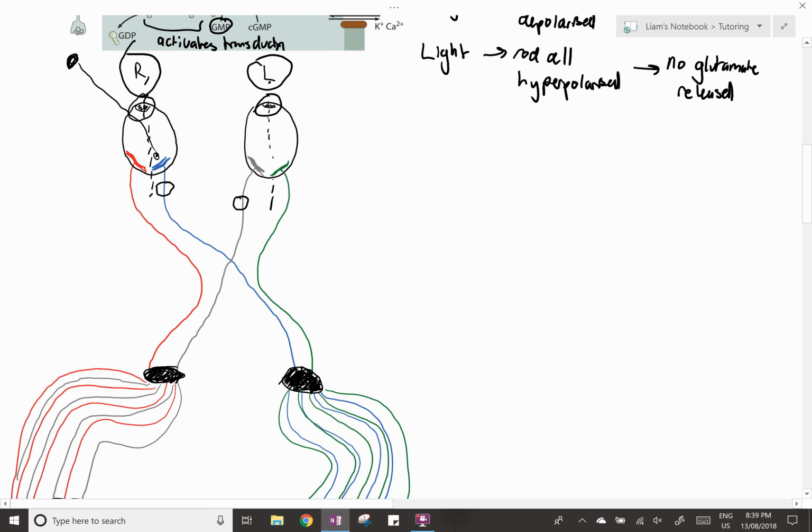And likewise, the nasal field of view will come in and activate the temporal fibers, in this case green and red. Okay, so going over that again, blue is our right nasal fiber,